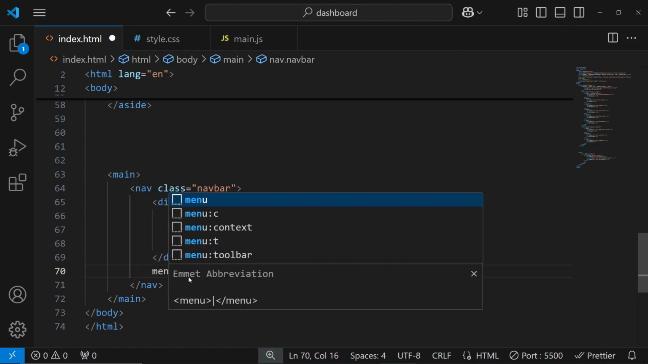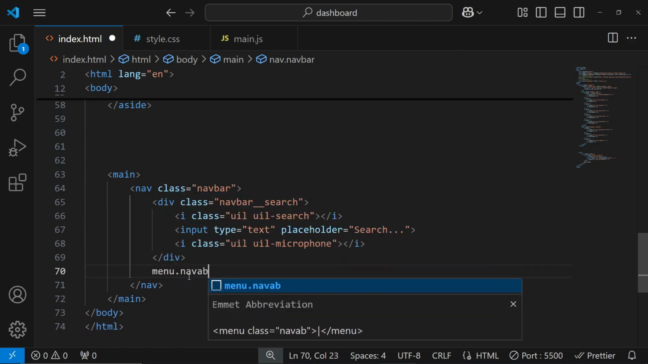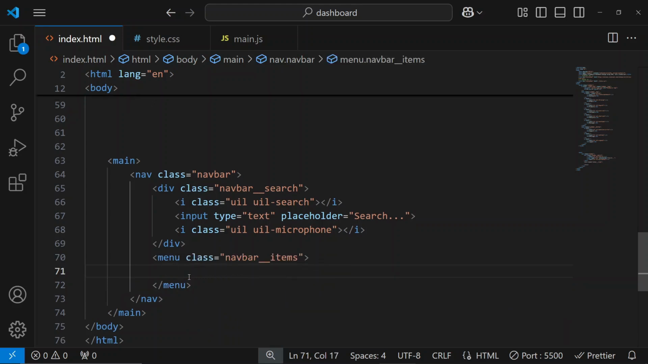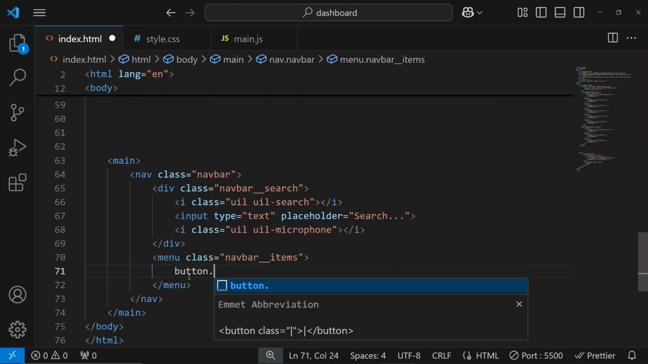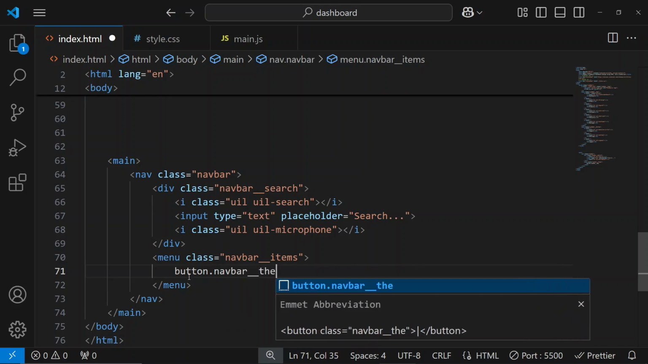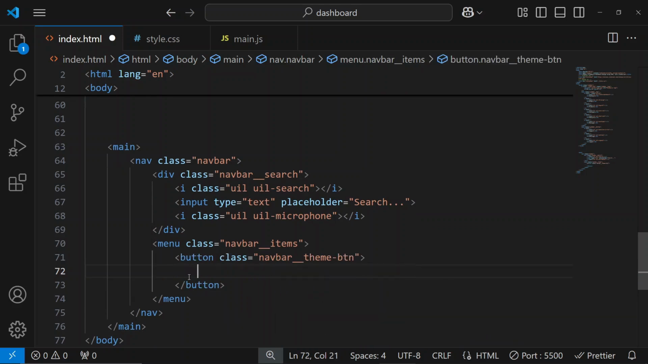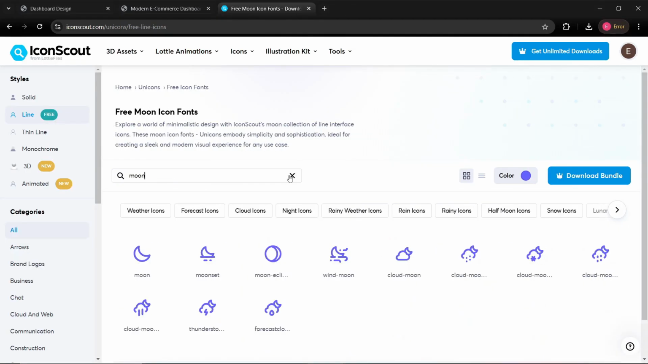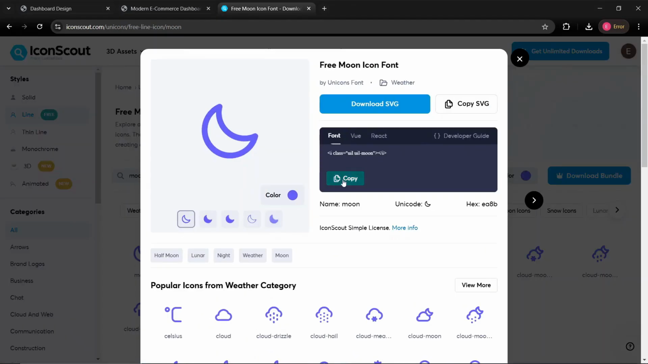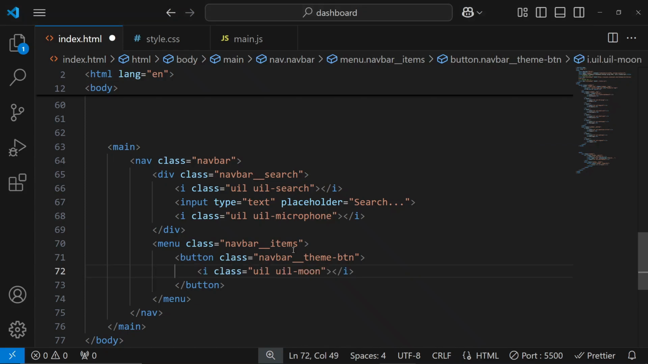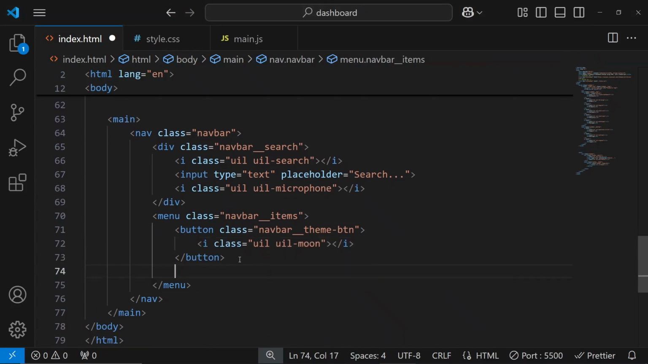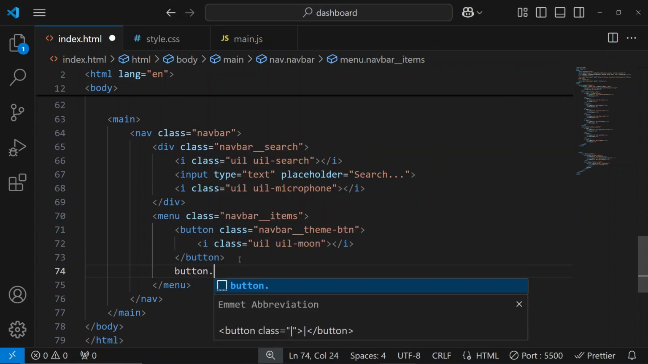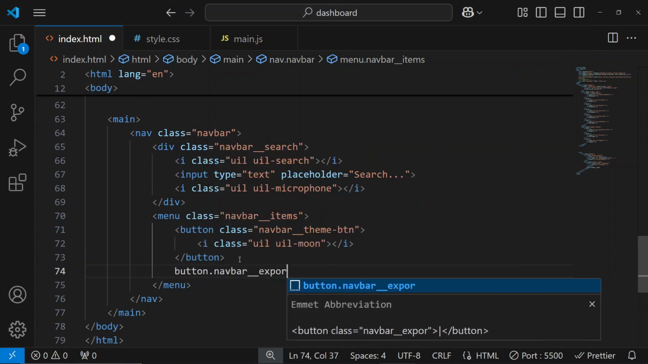Next, we're going to have a menu with a class of navbar __ items, and so I'll have a button first with a class of navbar theme btn, and in here I'm going to have a moon icon. This is a theme button, so I'll have a moon icon and then paste that in here. Next to this button, we are going to have another button that's going to be navbar export btn,